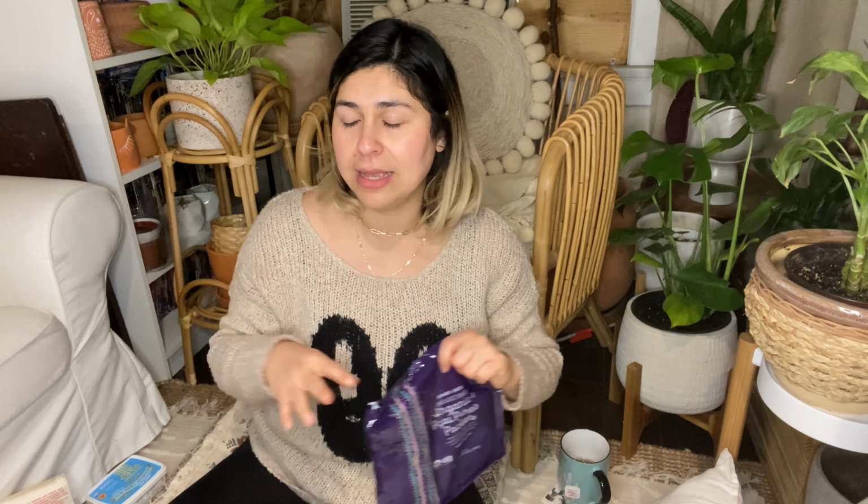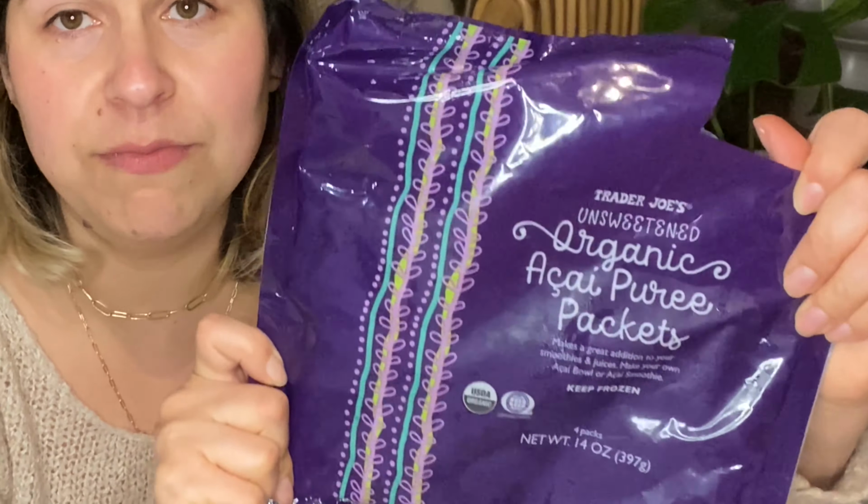Acai is a superfood, like a lot of the trendy foods that keep coming up. Those foods are superfoods, but I can guarantee you that 90% of the people are not getting the full benefit from it because they're adding sugar and they're adding a bunch of other things that are unnecessary. This is pure acai puree, and like I told you before, I can only find it at Trader Joe's